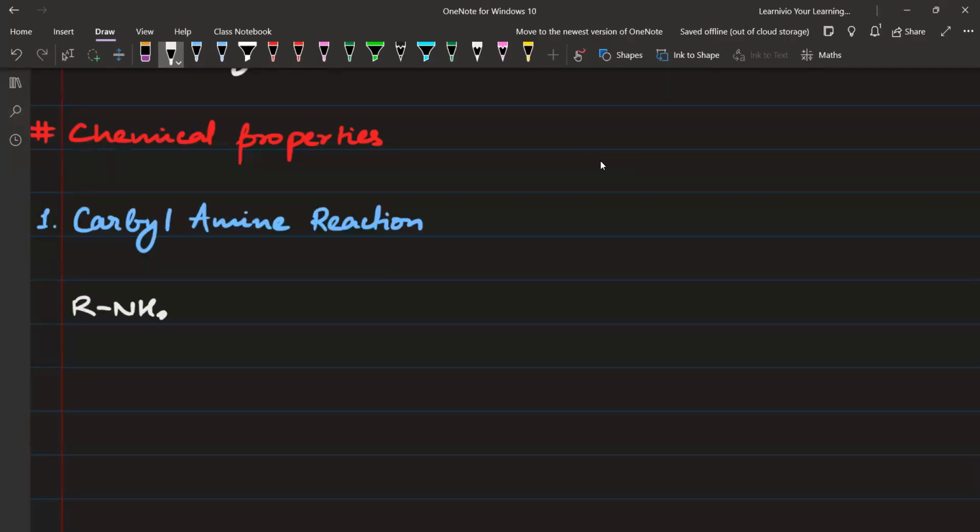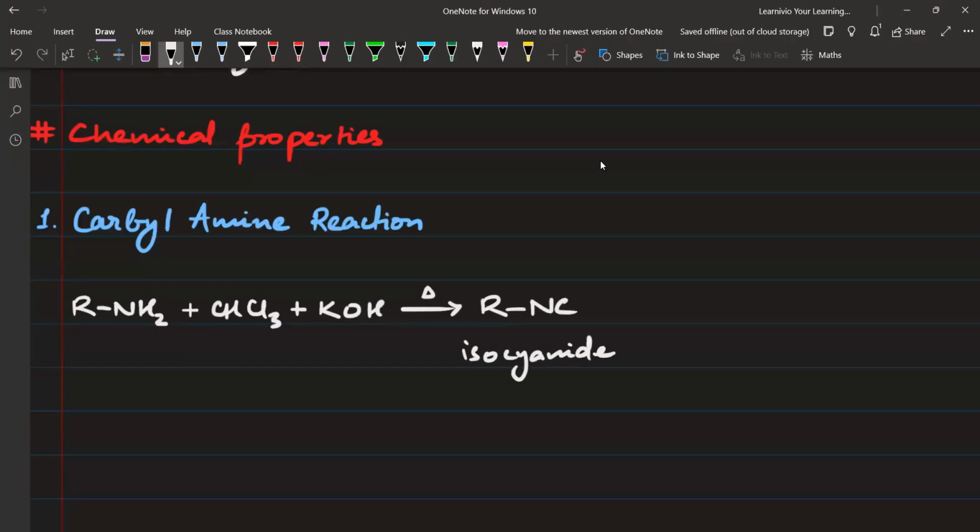We have a 1 degree amine, and we react this with chloroform plus potassium hydroxide. And that means in basic medium. When you heat this, you get RNC. Now, what is RNC? It is alkyl isocyanide. And this isocyanide has a very foul smell, a very bad smell. So if you have added chloroform and aqueous KOH into something and it gives a very foul smell, that means the compound is having a 1 degree amine, maybe aromatic, maybe aliphatic. KCl